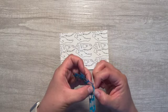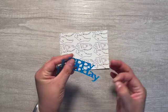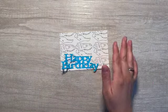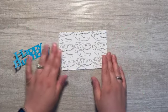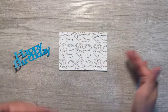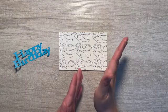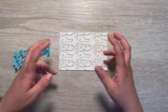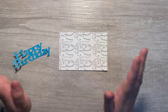Now, if you want to, because you're making a card similar to this, or you like this kind of idea of making your own pattern, you can color it or shade it. I don't really know how to shade, but I do want this to be like a more illustrative look, because I did not even